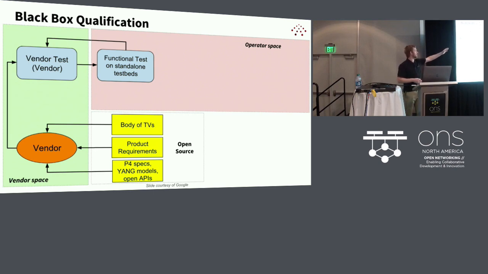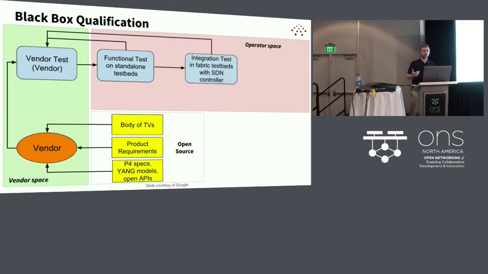When there's issues with the tests that they have, they'll work with vendors to get them resolved. When the functional tests are working, then we move on to integration tests, where we take these boxes and insert them into existing Fabric test beds, where we're going to start plugging into the SDN and management control planes that exist in our network. Problems go back to vendors, and when things are working well, actually, when those problems are